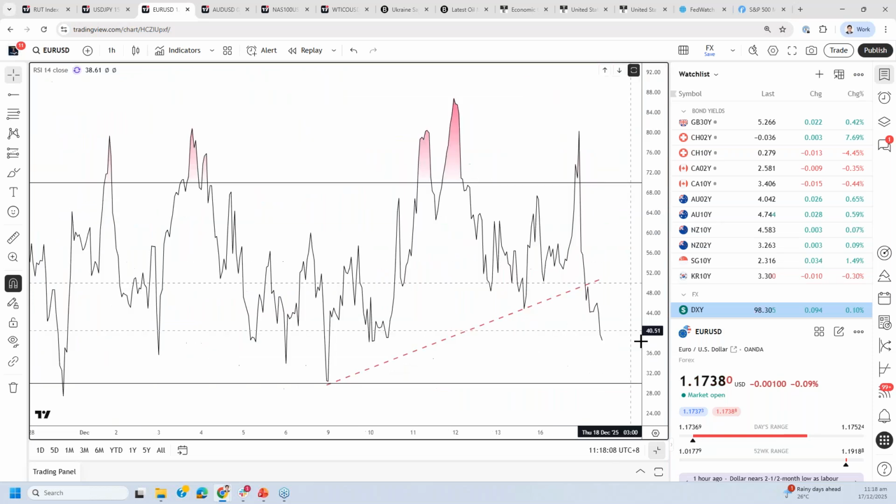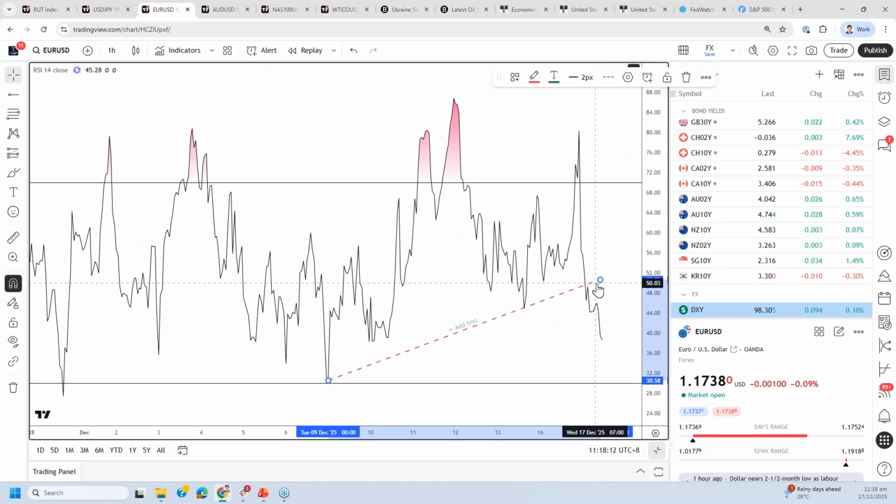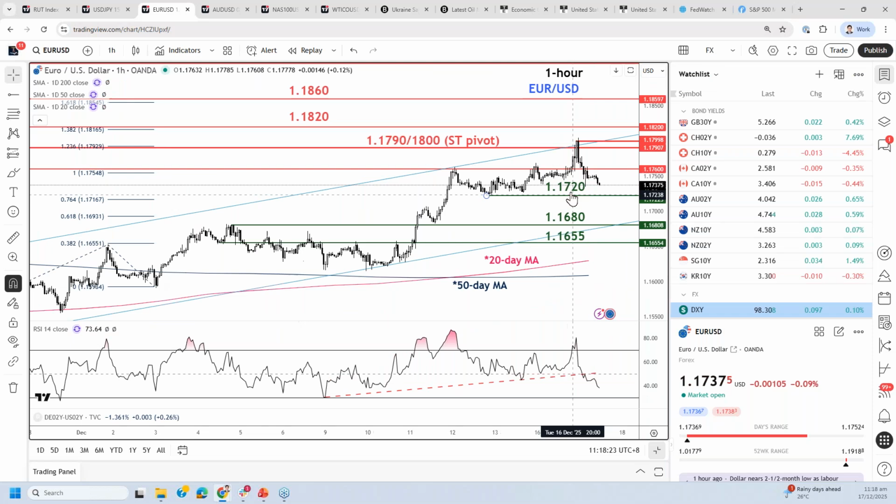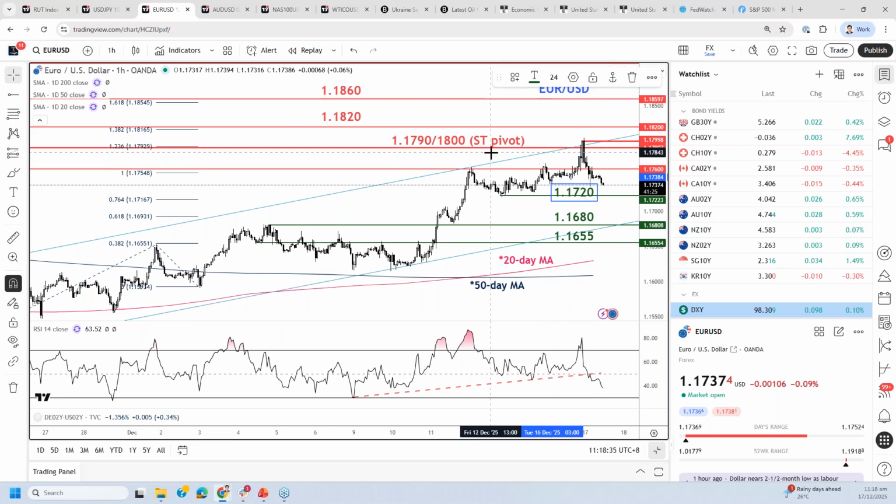And that is also supported by the bearish breakdown of a parallel ascending trend line support on the hourly RSI, and the RSI hasn't hit the oversold level yet after the bearish breakdown as we are speaking right now at 11:18 a.m. Singapore time. So all in all, I will flip to a bearish bias for today ahead of today's key risk event, which is the ECB monetary policy decision. Later I'll share with you guys what are the timings to watch out for. Pivotal resistance level will be at 1.1790, the 1.18 figure level, taking into account yesterday's exact minor swing high.